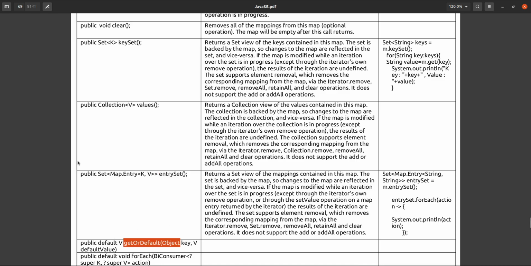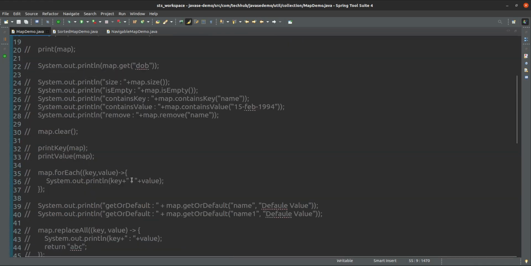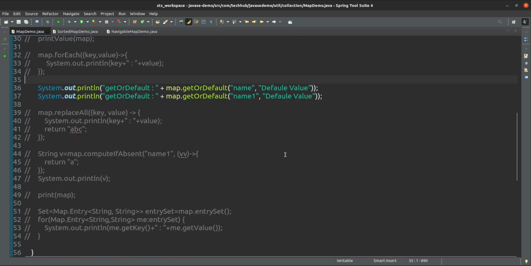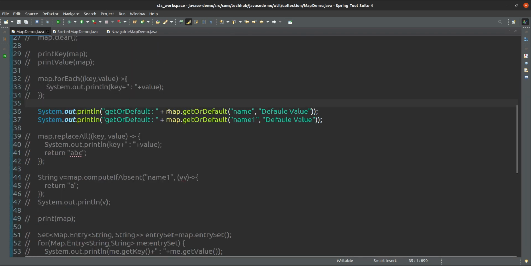getOrDefault means, suppose from this map I want to get the value of the key name. If the key name is present, then it will return the value of that key.